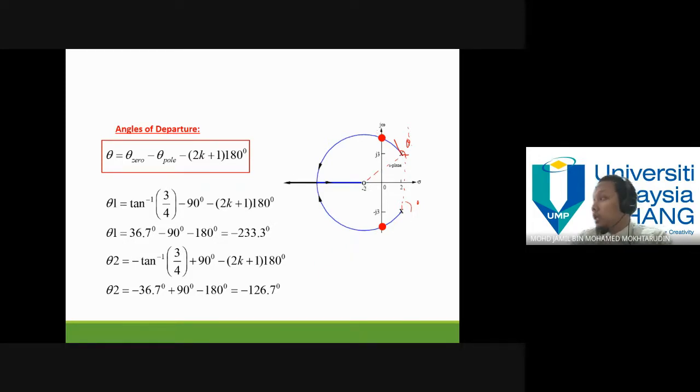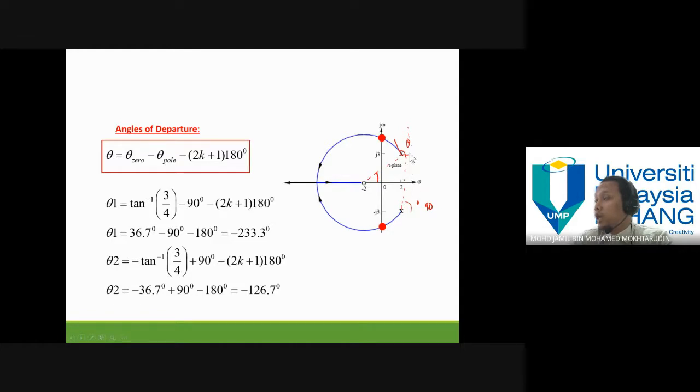So this angle is 90 degrees, and for this angle you need to use tangent. Okay, so this is the formula. So the angle of zero is tangent 3 over 4. Okay,